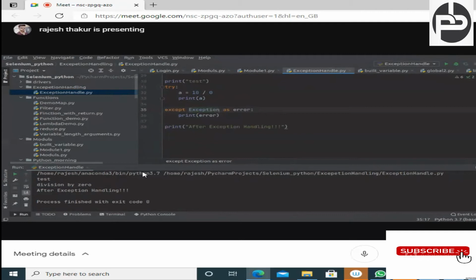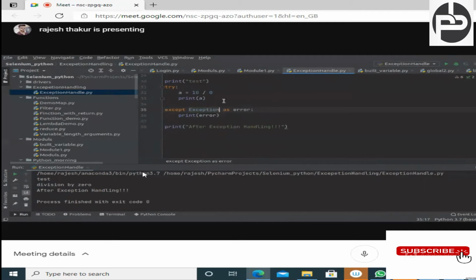You should know what kind of error is coming, and a program should always catch a known exception, not an unknown exception, because only then will you get to know what kind of error might occur in production, right? If you are handling everything with the Exception block, then how will you get to know where your code is not working?